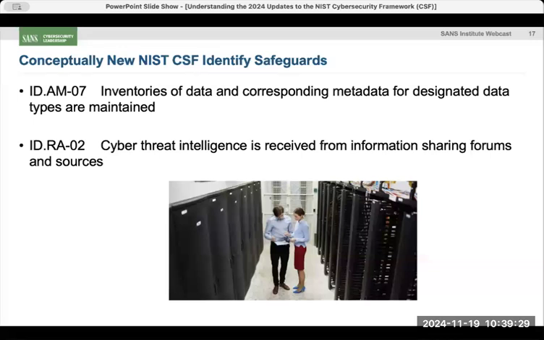In the identify section, a couple that would call out specifically, data inventories. Okay, so that's something that was new. So they're asking you now to do an inventory of data. Again, funny story, CIS controls version 8 and 8.1 also made this a big issue. So again, data inventory is reflected here in the new statements.